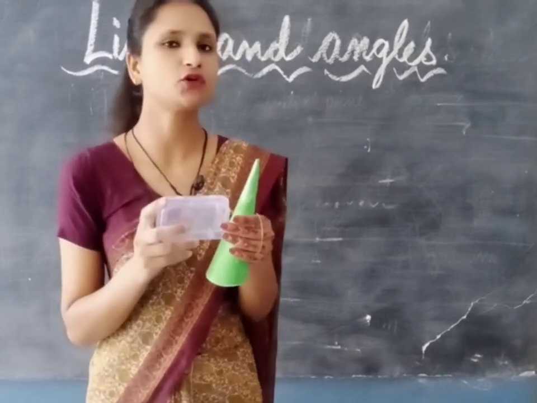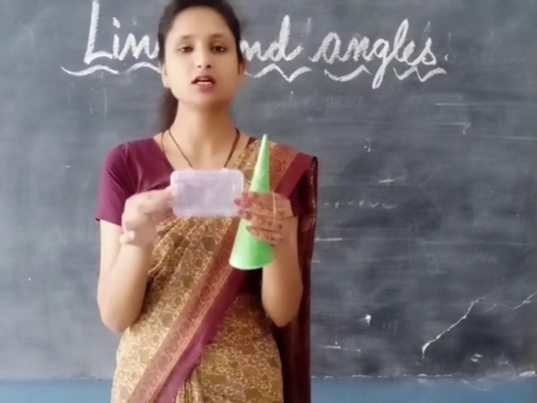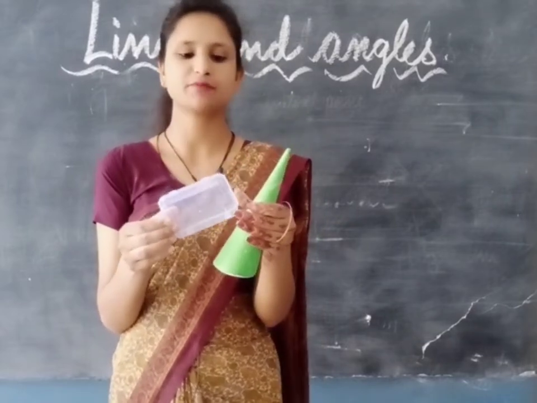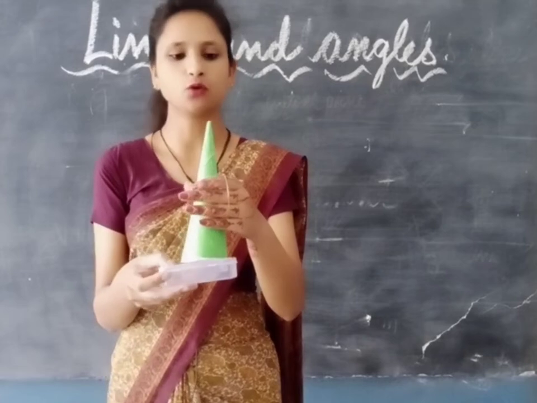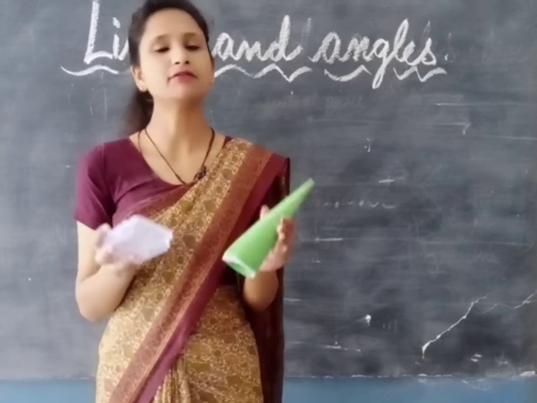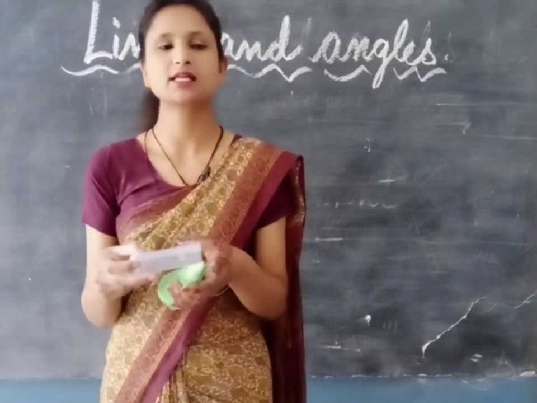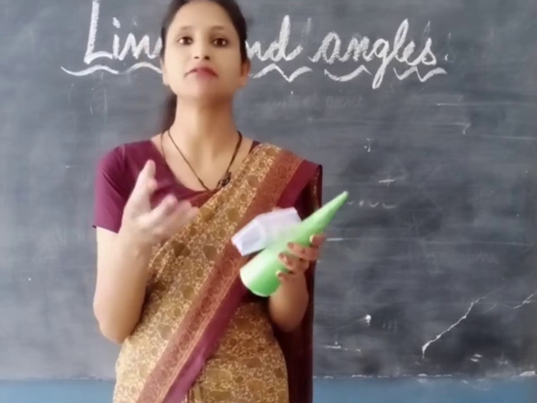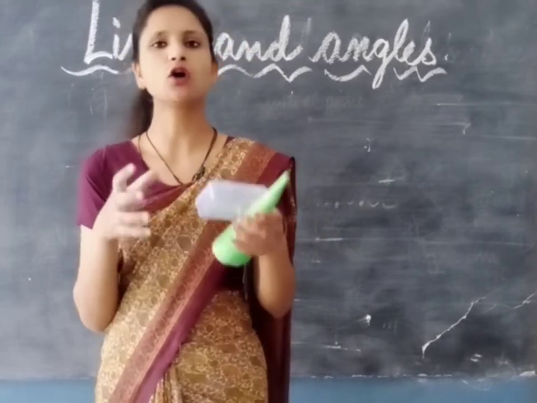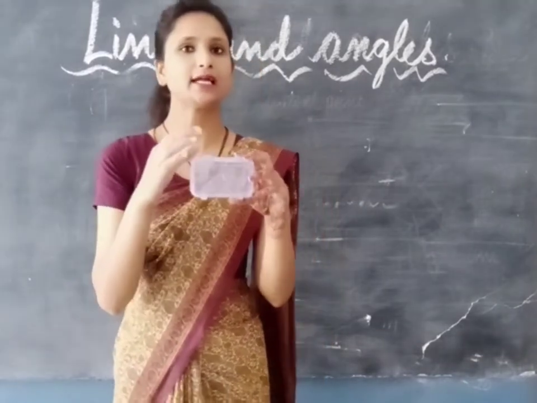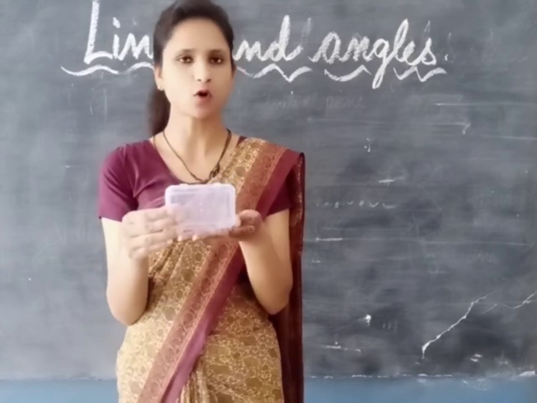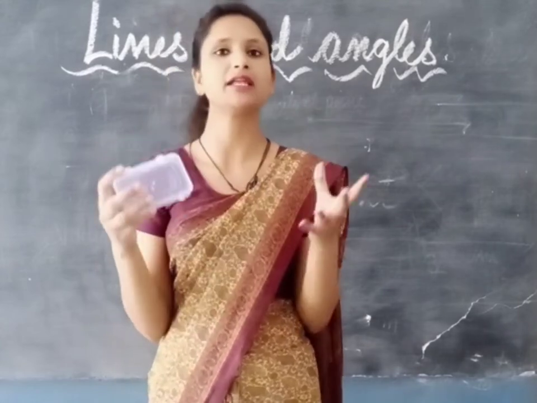I'm sure many of you must have identified the shape of these objects: a cuboid, a cone and a circle. But we never see the objects as having a few angles, lines or a cluster of points. When we break this object down, it consists of a few angles, lines and a cluster of points. This box is made up of lines, angles and many points.